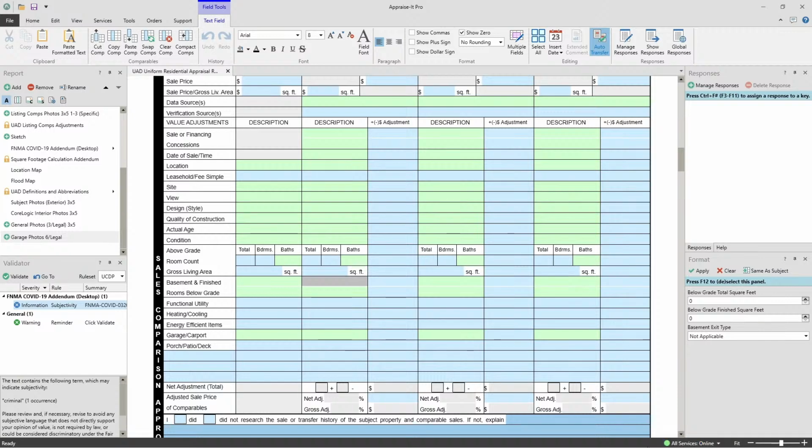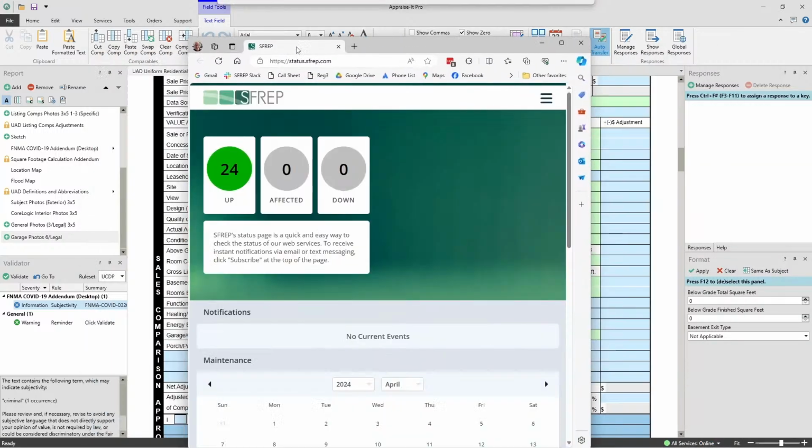Lower right-hand corner, you see this little stoplight, or this green light here, and it says all services are online. This is in real time telling you the status of all of our web services, all of our servers. If there is a problem, that green button there, the green light, may change yellow or red. If it changes yellow, that means that there's degraded service for some reason, and you can click here and it will tell you what that service is. If you click on the little tab here, the little tooltip that comes up, it will take you to this website,